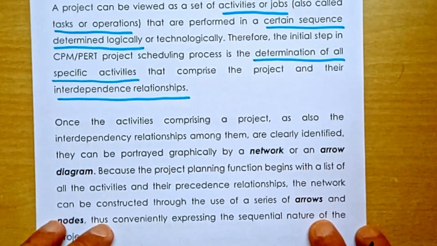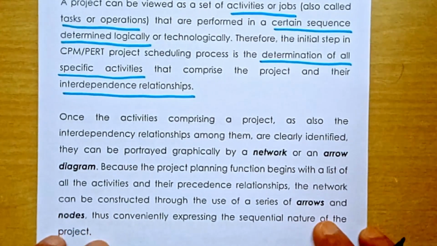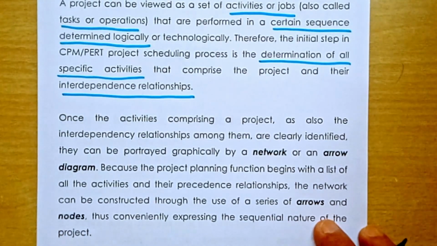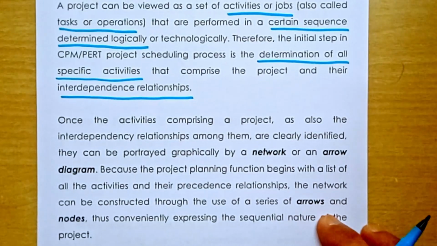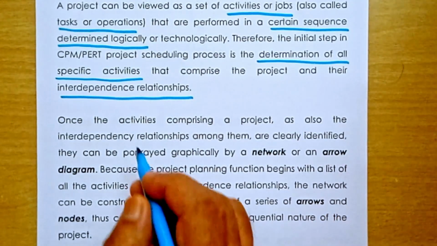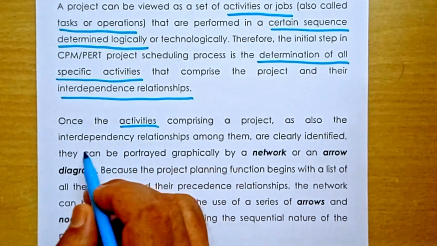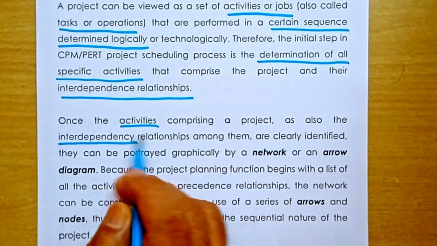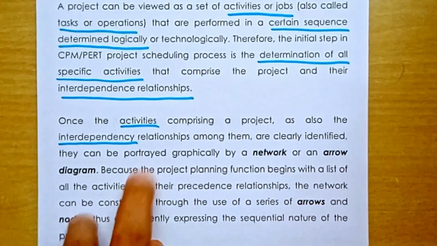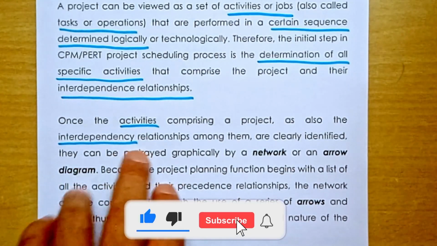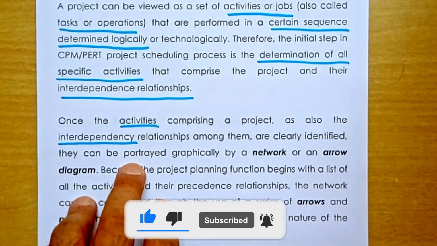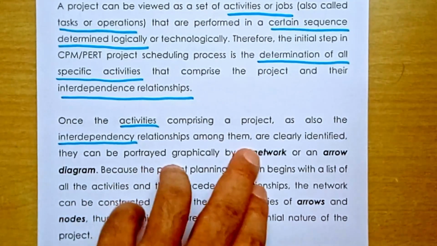Once the activities comprising a project and also the interdependency relationship among them are clearly identified. So again, activities and interdependency. These two things. First, identify activities, and second, identify interdependency among activities. So these are to be identified first, and then